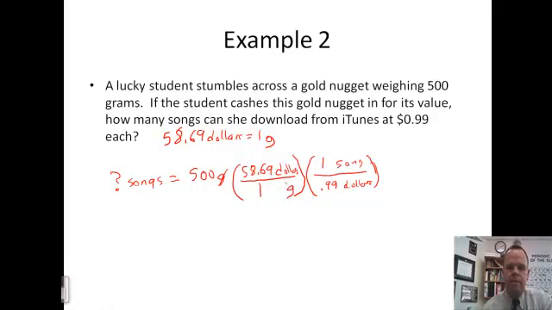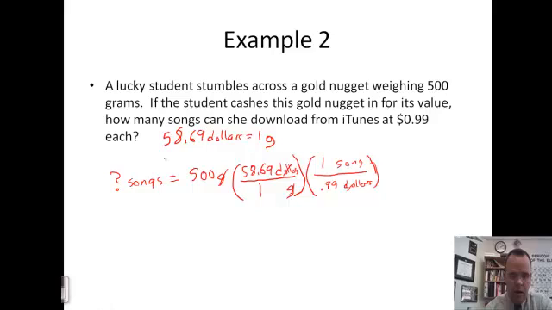So we cancel grams, we cancel dollars, we end up at songs. So to do this in your calculator, 500 times 58.69 and then divided by 0.99. When we do that, we get